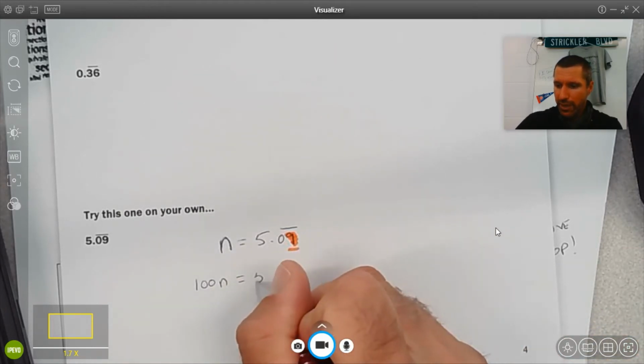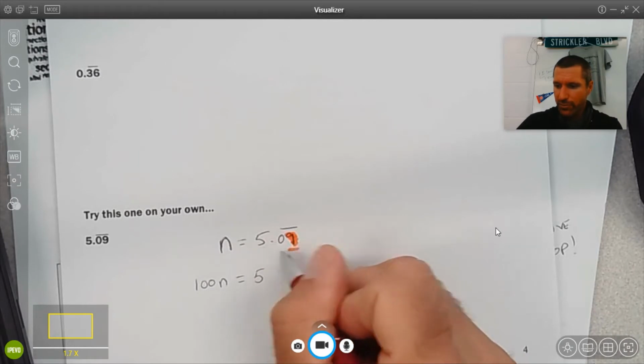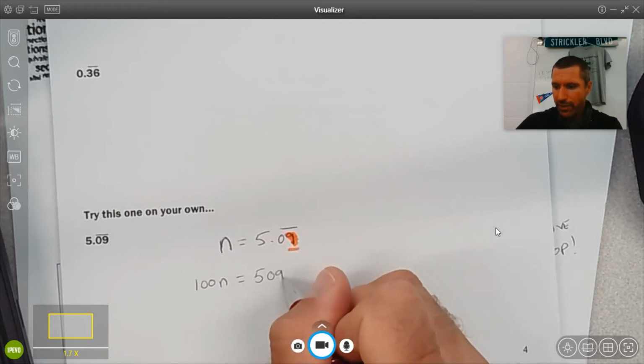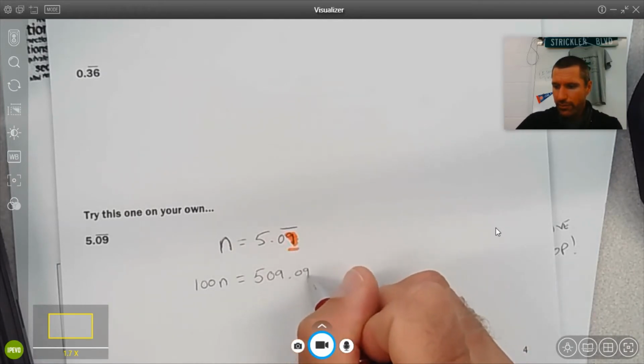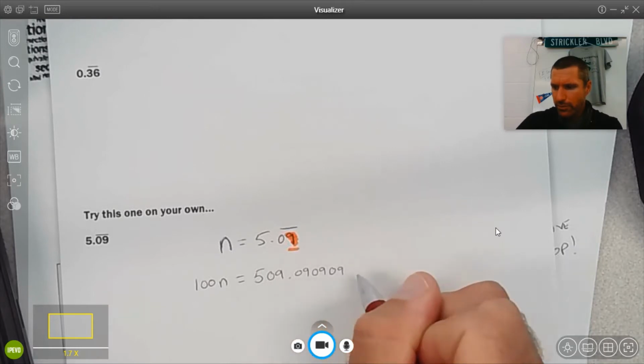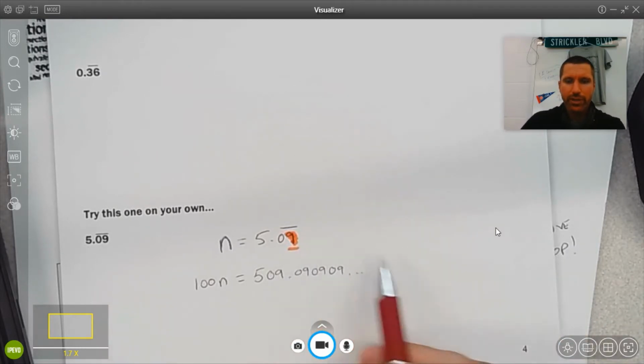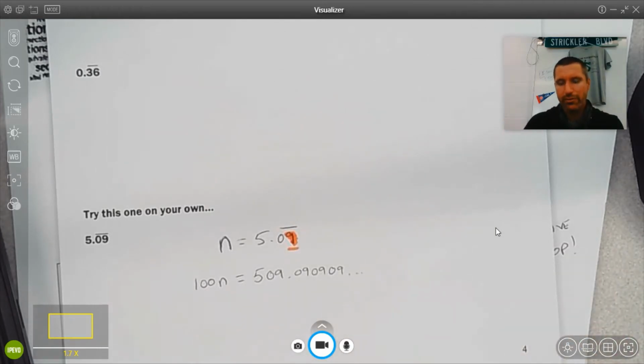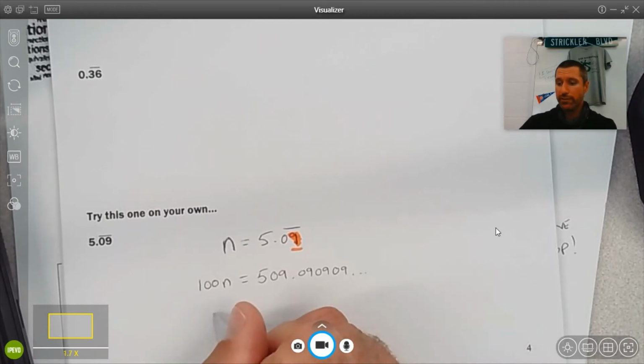Okay, so this would be times 100, which moves the decimal 2 to the right. So it'd be 509.09. Don't forget that there's a bunch of 09s here. This is 09 repeating forever. So just write a bunch of them out so you have something to cross out on the next step, which is step 3. In step 3, I want you to subtract the value of n